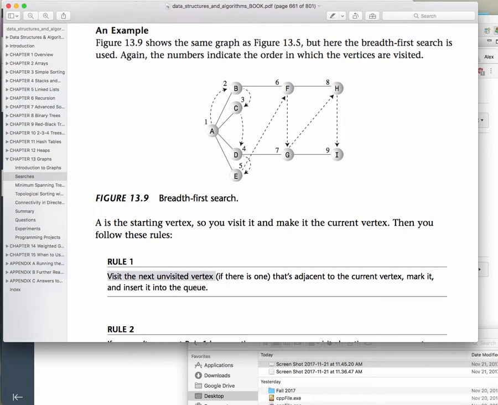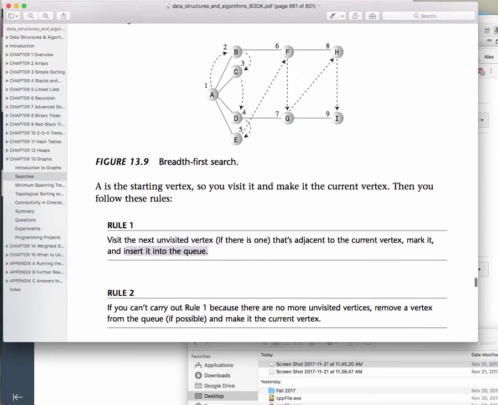You're going to mark it, and you're going to insert it into a queue. And if you cannot carry out rule 1 because there are no more unvisited vertices, remove that vertex from the queue and make it the current vertex. So the way it's going to work is you're going to start at A, you're going to go to B, you're going to go to C, you're going to go to D, you're going to go to E. And then once you have gone as far as you can,